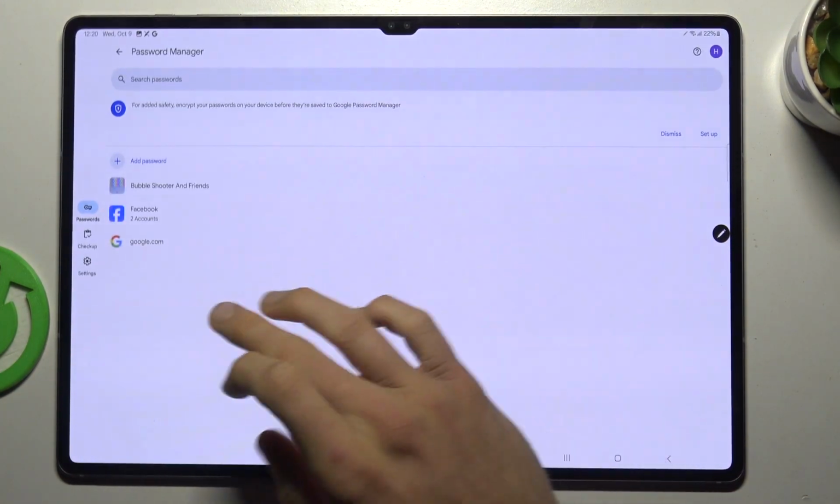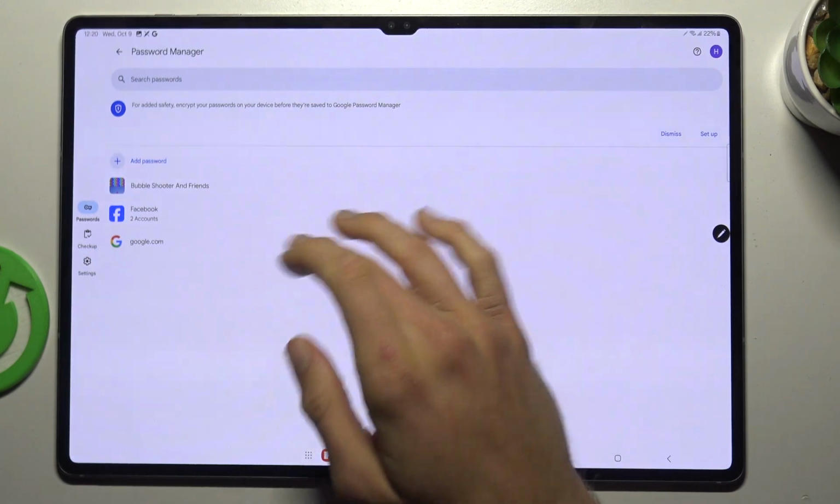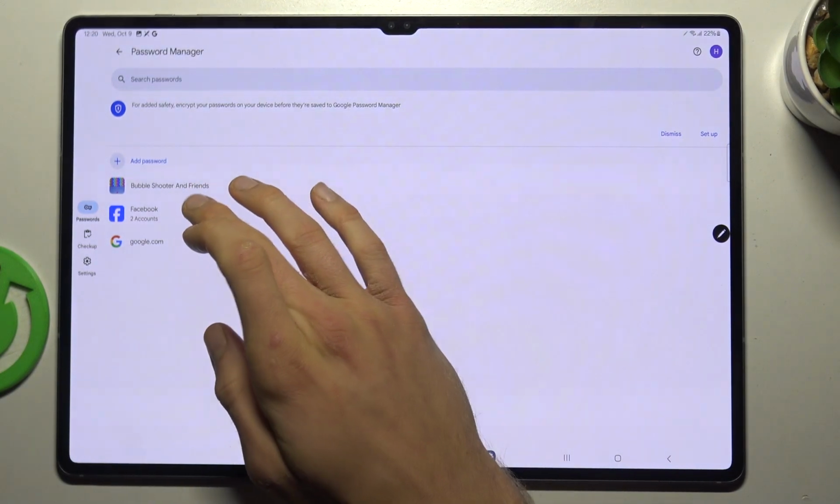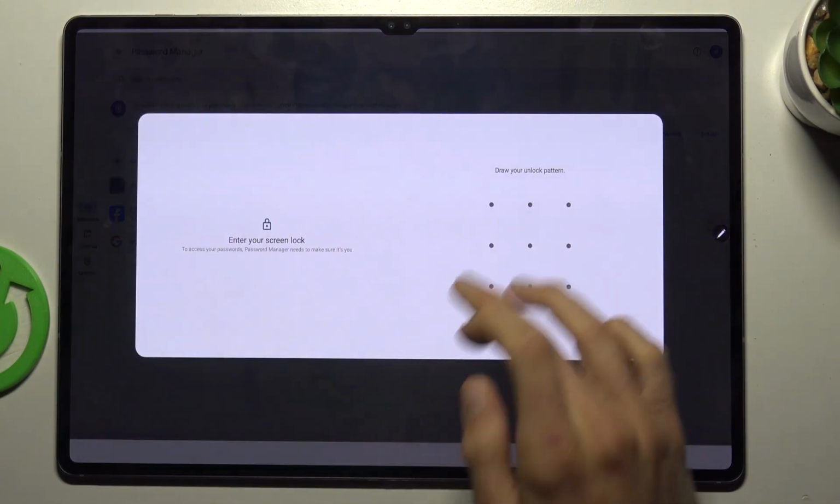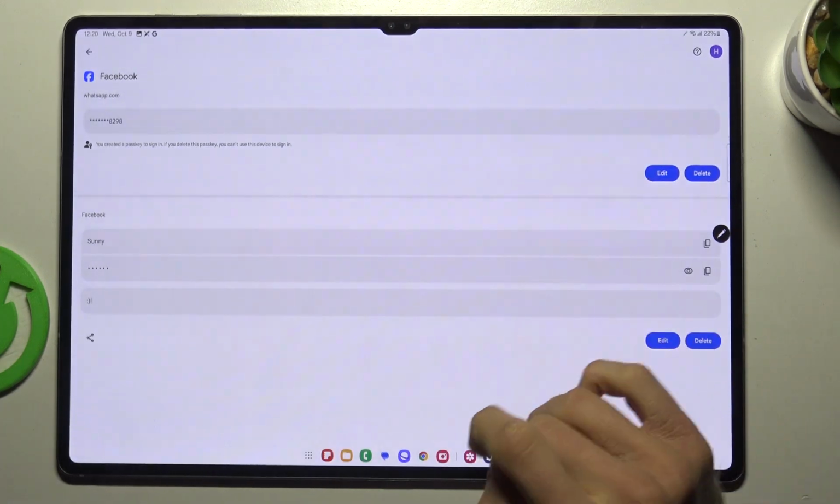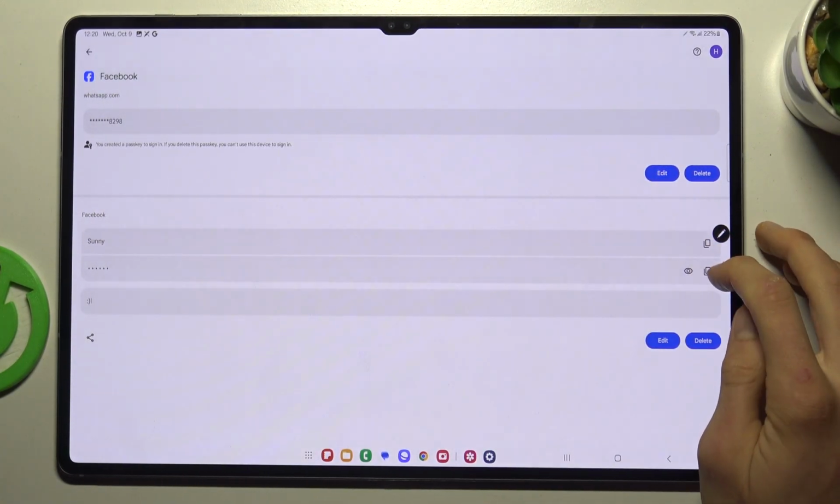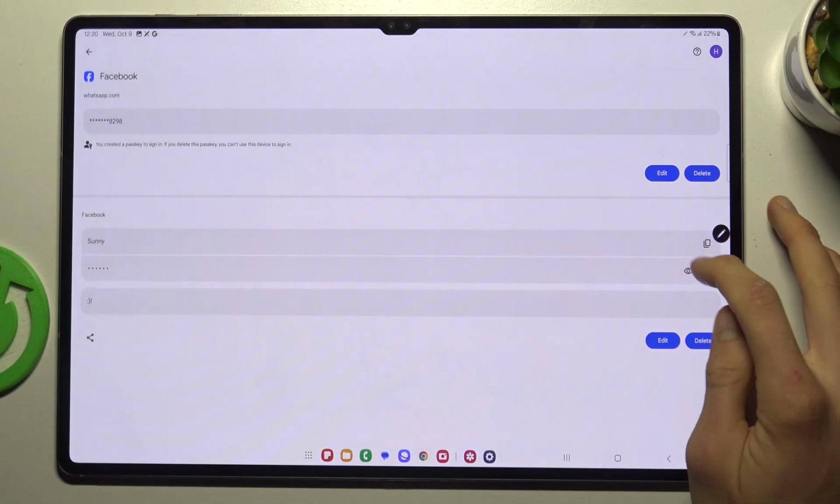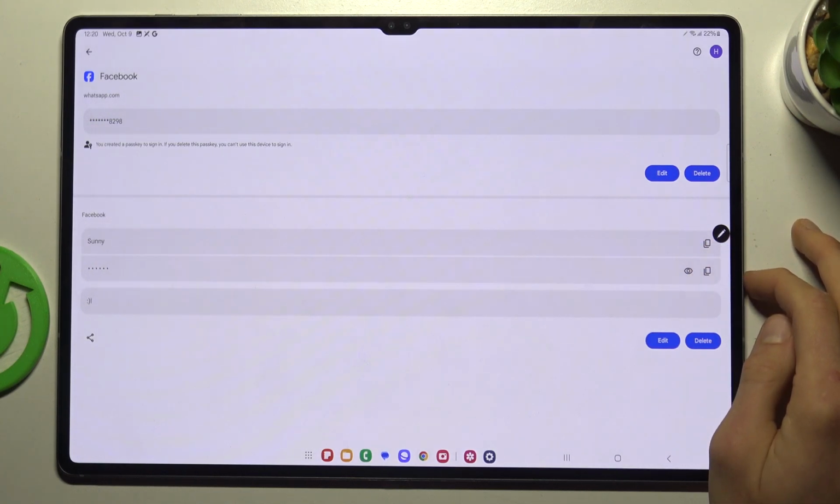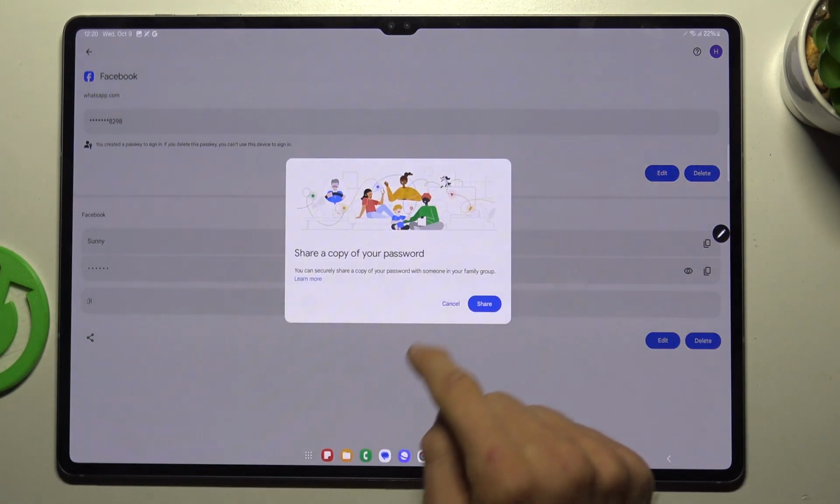And there we have passwords which our smartphone or tablet remembers. Now we can click on it, enter our lock screen to get connected to that, and in it we can copy our email, username and password using this first icon, or after we press this eye icon our smartphone shows us the password which it remembers. You can also share this password to someone using this icon and send it to our